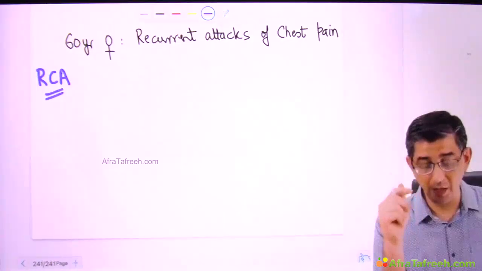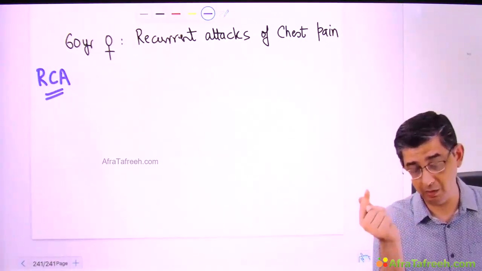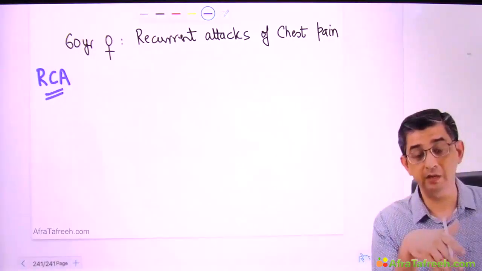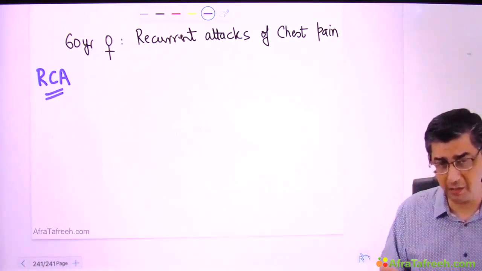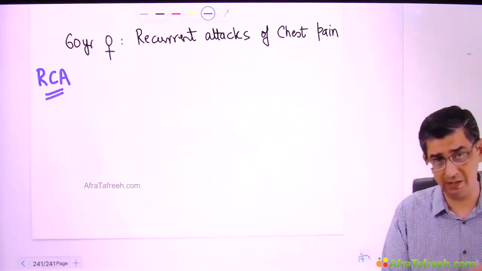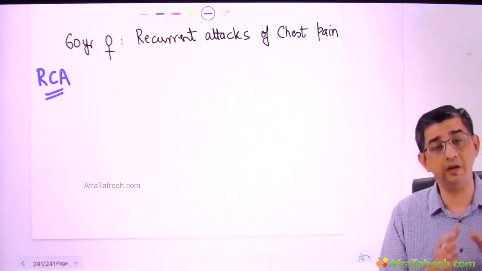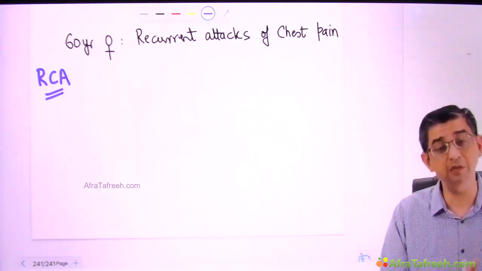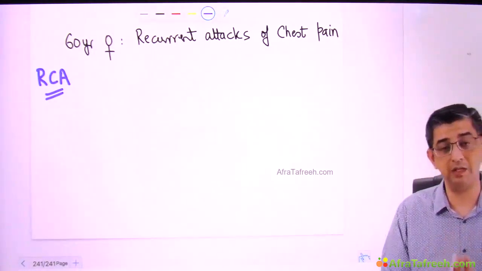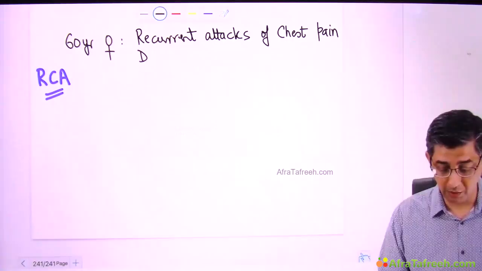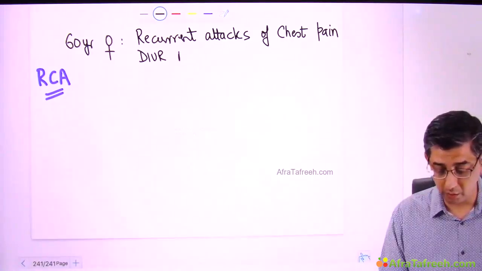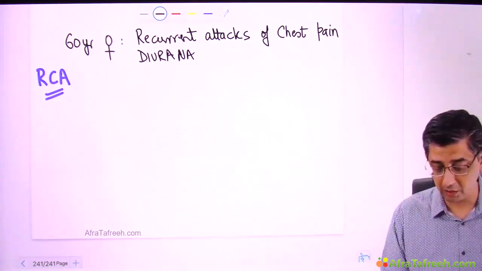Second exception is recurrent attacks of chest pain described in the person, and then right-sided events. Though any artery can exhibit a spasm, incidence wise, right coronary artery involvement has been found more in patients of Prinzmetal angina as compared to left-sided. So, one, in the exam, he may deliberately give you diurnal variation or diurnal nature of chest pain.